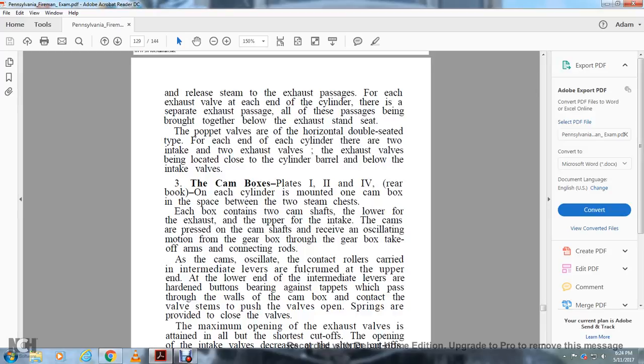Alright, 3. The cam boxes. Plates 1, 2, and 4 at the rear of the book show that on each of the cylinders is mounted one cam box, with the space between the two steam chests. Each box contains two camshafts, the lower for the exhaust and the upper for the intake. The cams on the camshaft should receive their oscillating motion from the rear gearbox, taking off of the arms